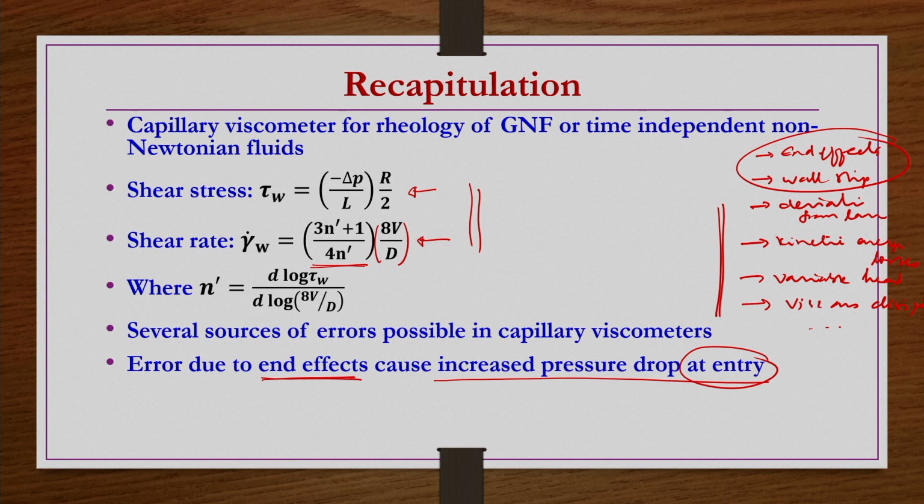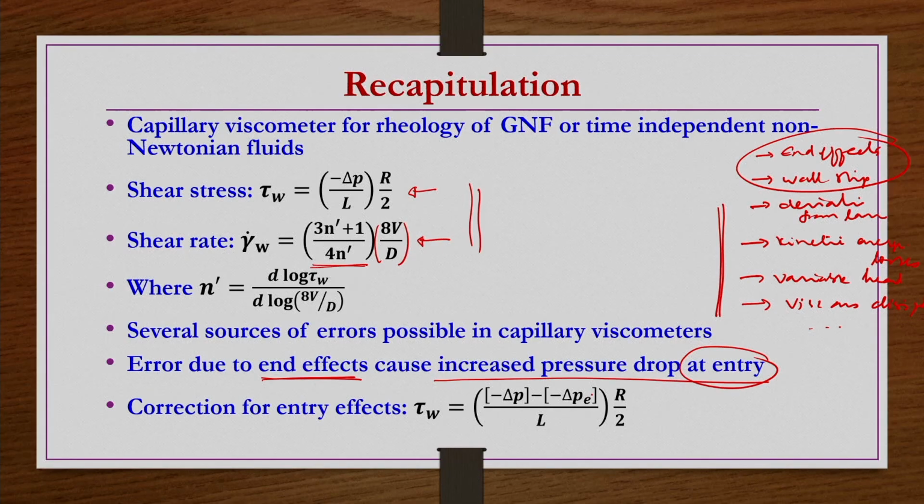So, then we have to find out how much that increased pressure drop, so that we can make adjustment in the rheological measurements. We had a method, and we found how much pressure has increased at the entry, and that pressure we subtracted from the overall experimentally measured pressure. Whatever the corrected pressure is, that we have used to obtain the corrected wall shear stress, right.